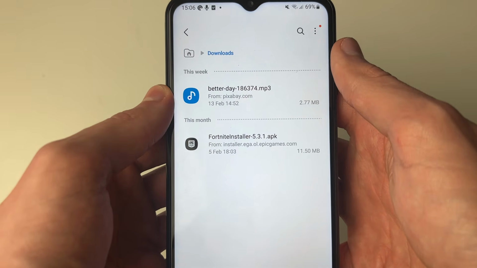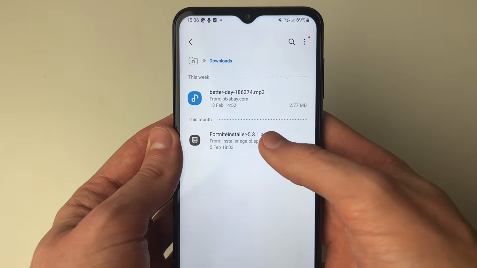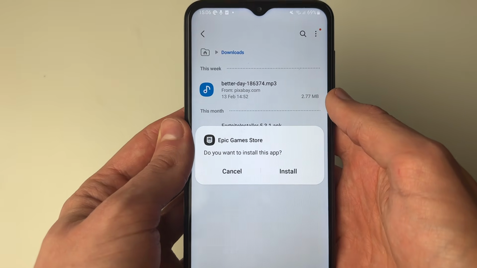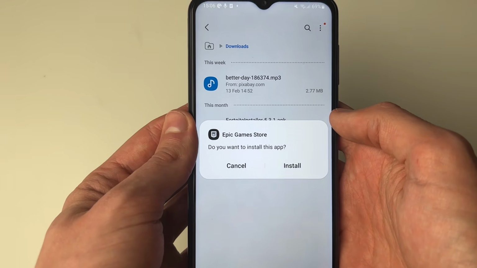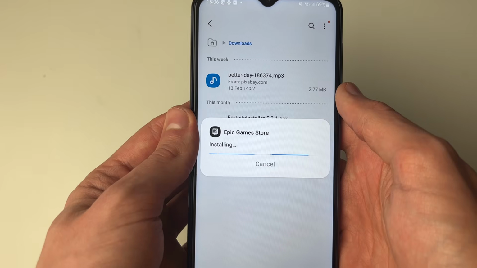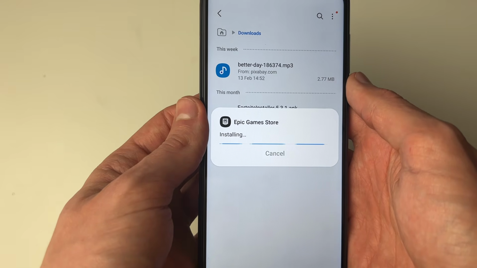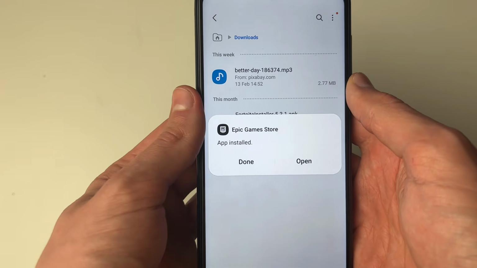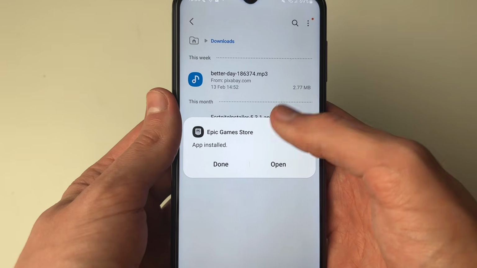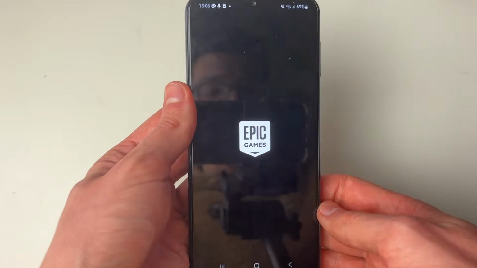So then go and find the APK you wish to install. You can then go and click on it just like so. And you're then going to see this pop up here saying, do you want to install this app? Click on install. It'll then go and say installing, and you just need to go and wait. When it's finished, it will say app installed, and you can then go and open it up like so, and